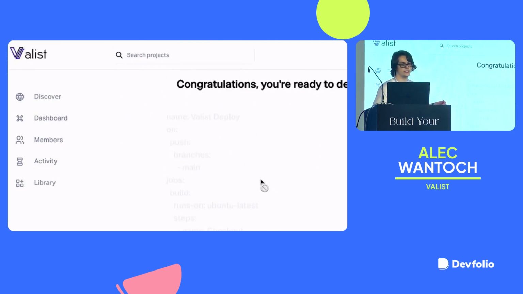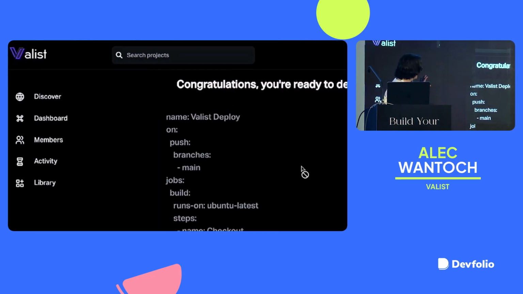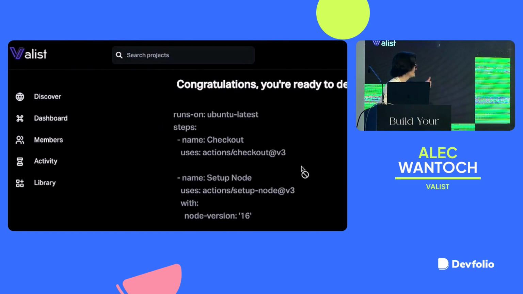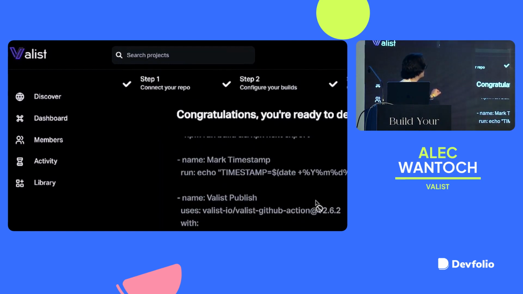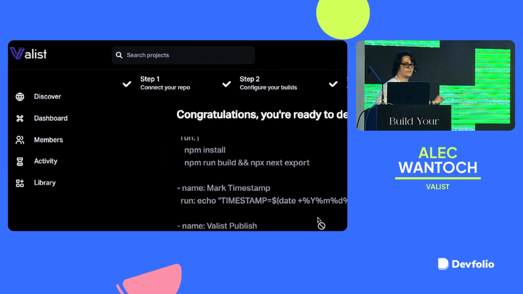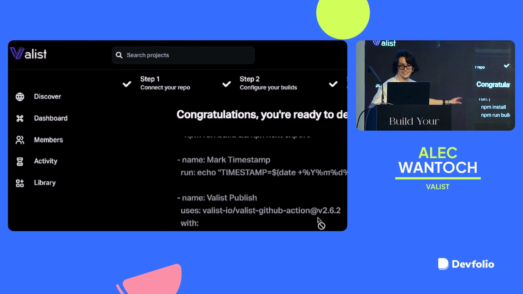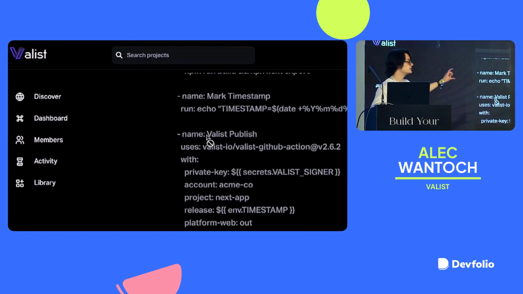And basically what this does is it generates a GitHub action workflow file for you. Sorry, that's not visible here, but it automatically sets up the workflow using our Valist GitHub action. And there we go, is the screen back? Okay, cool. So all we have to do here is it takes in your build and install commands from that previous form. All we have to do is take the build and install command from there, and then it adds the Valist publish workflow to the end there. And then when we click deploy,